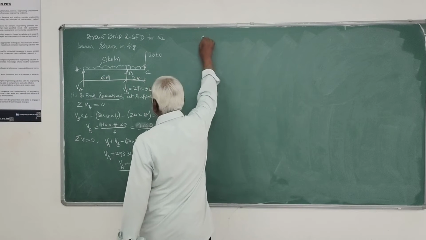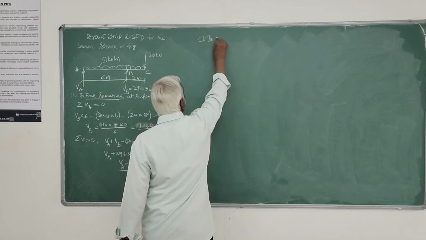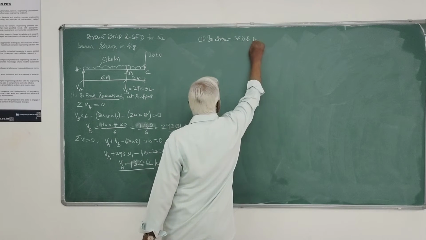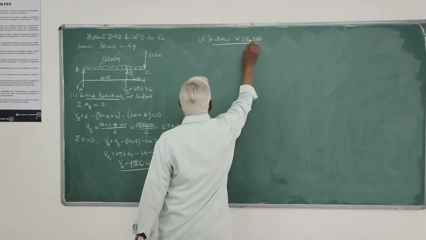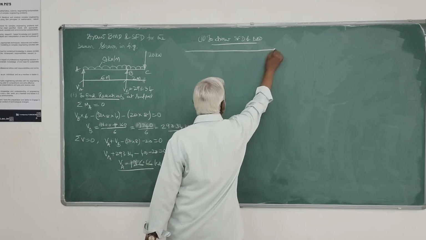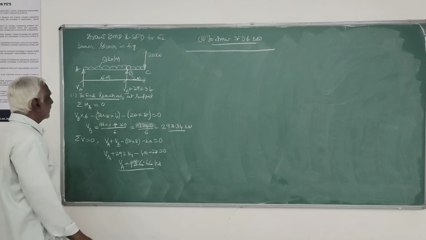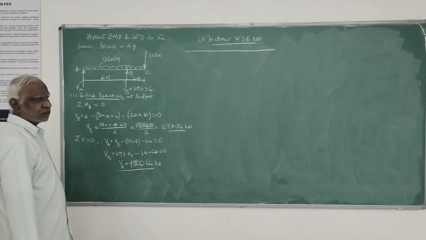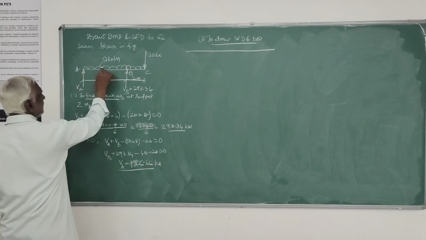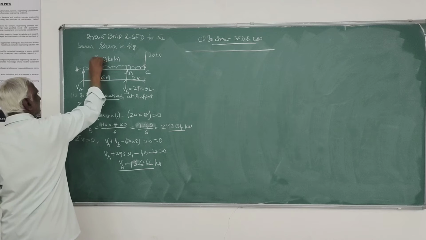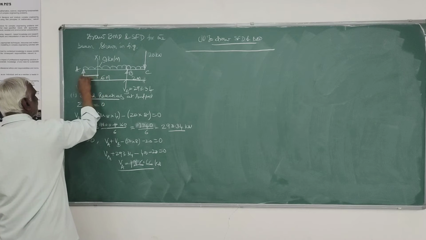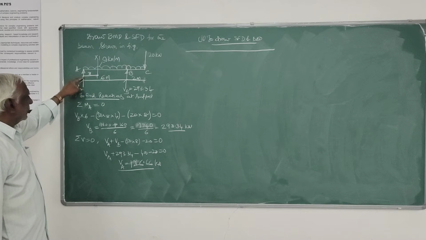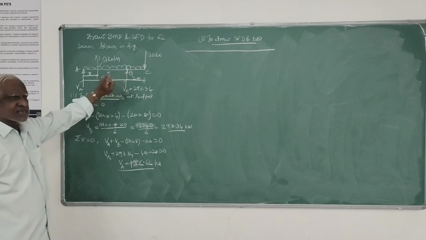Then second step, to draw SFD and BMD. So as usual, you prepare a table where to cover that entire beam length. Wherever change in loading is there, you take one section. From A to B, one section is required, x1, I'll measure the distance from left. This equation holds good between x equals 0 to 6.